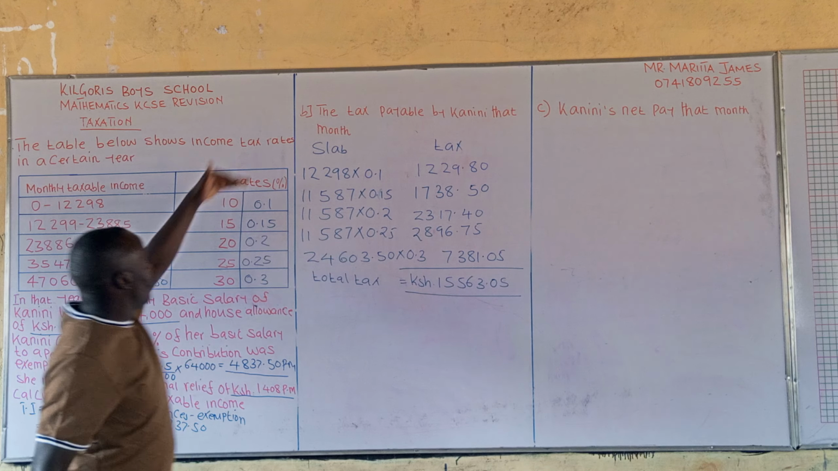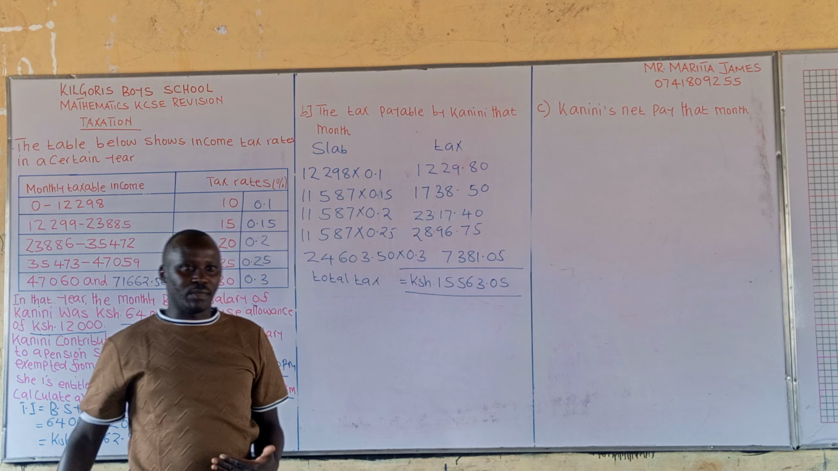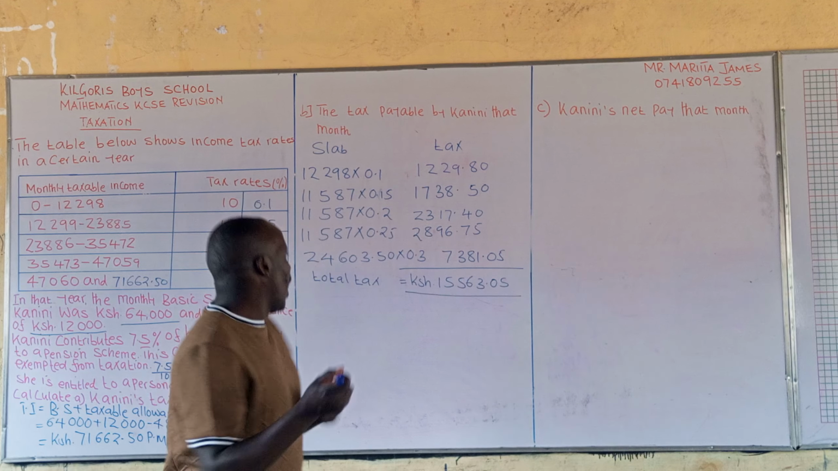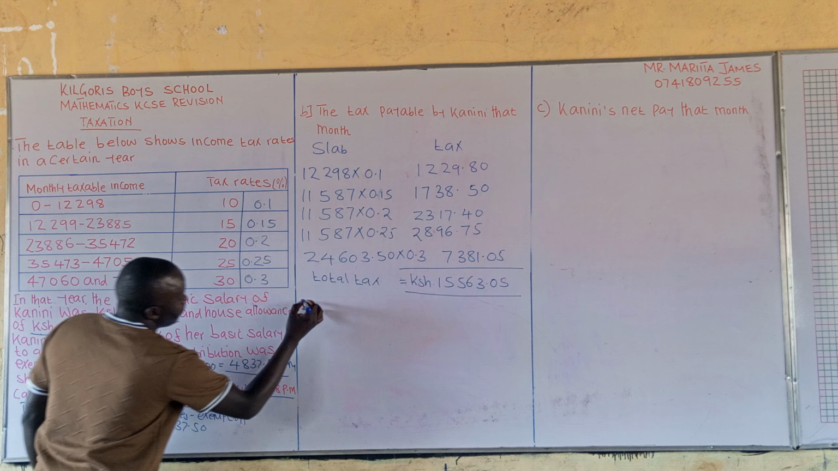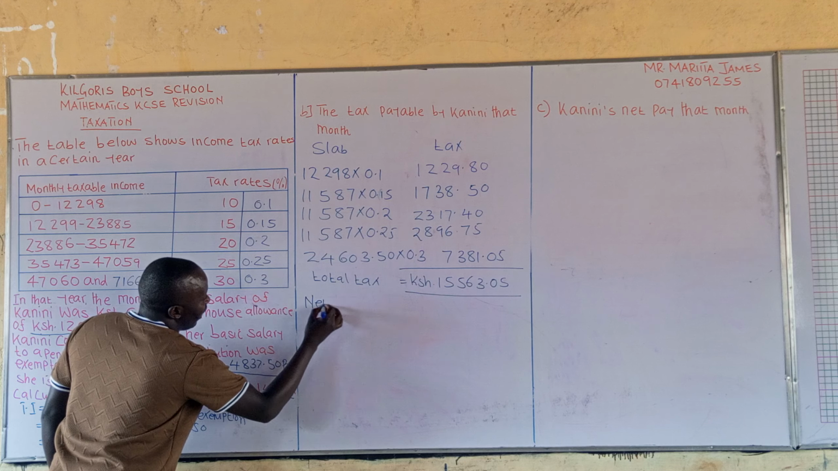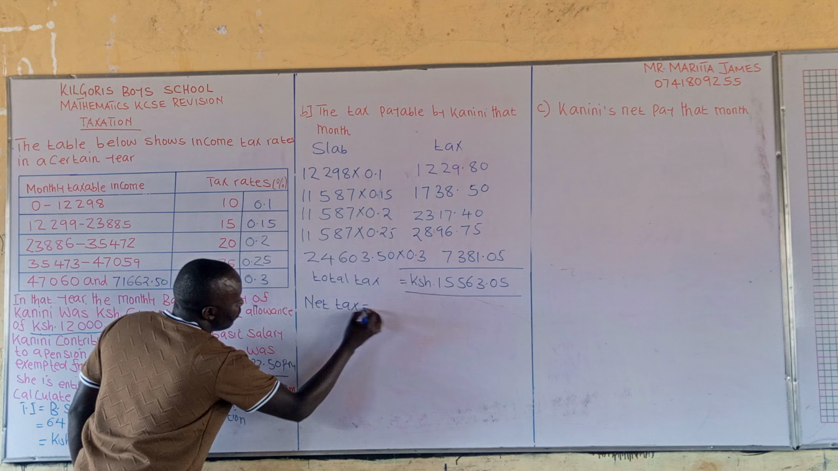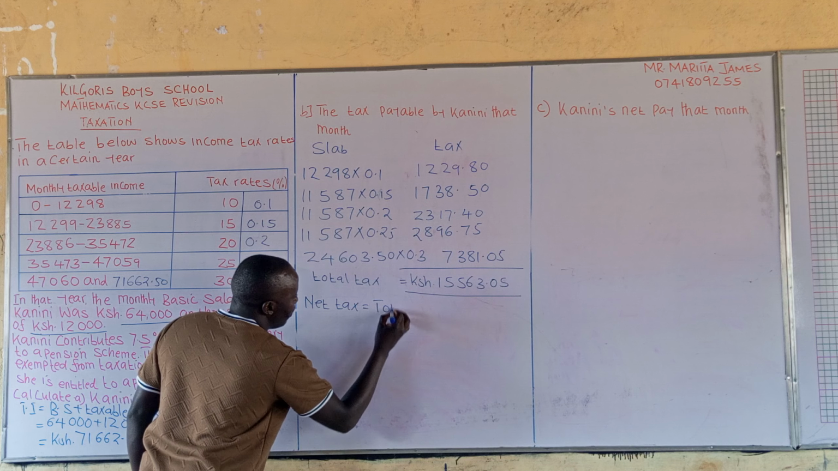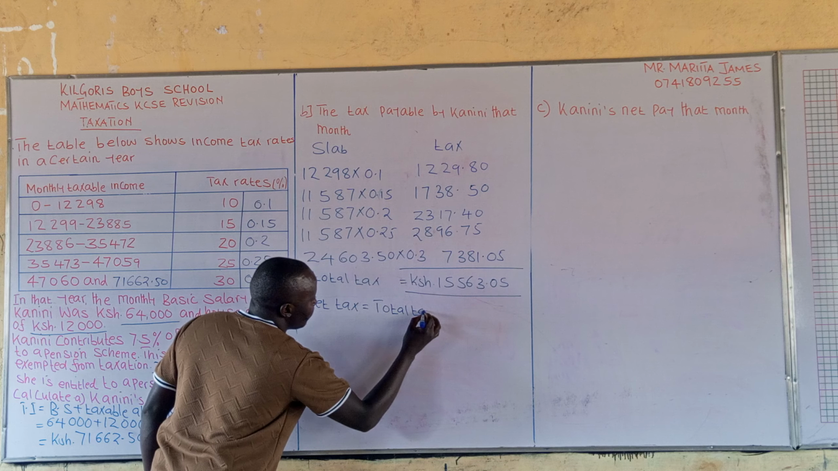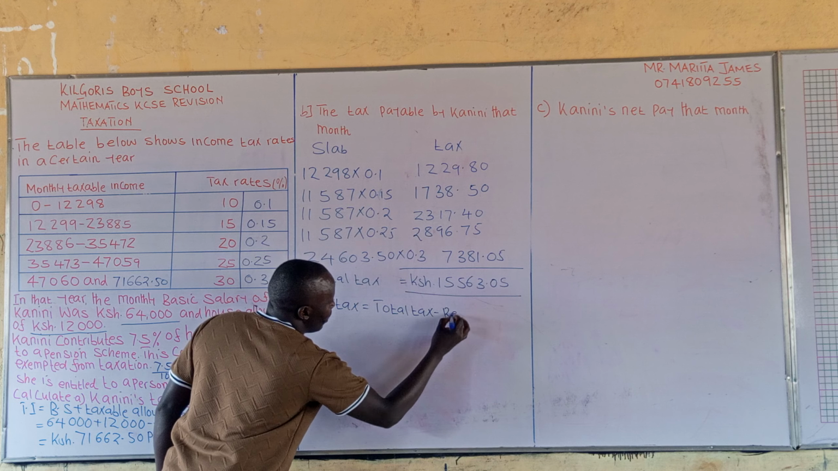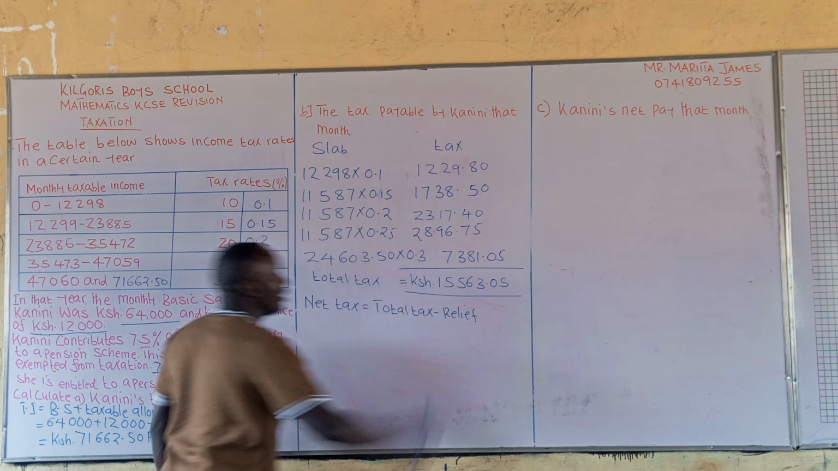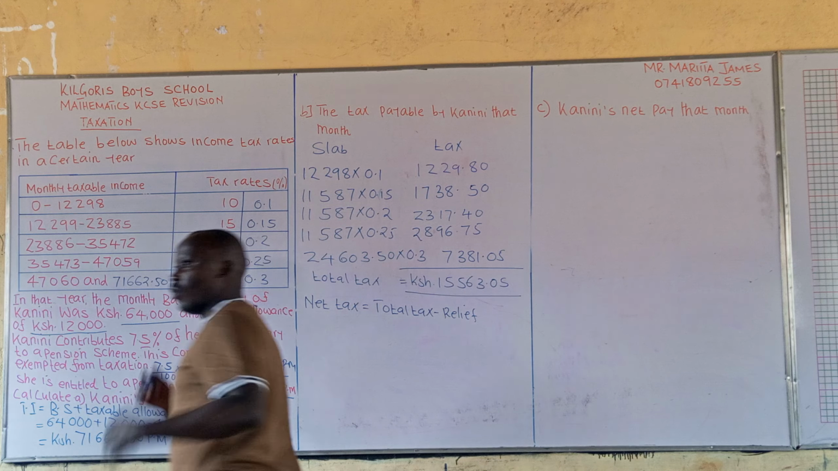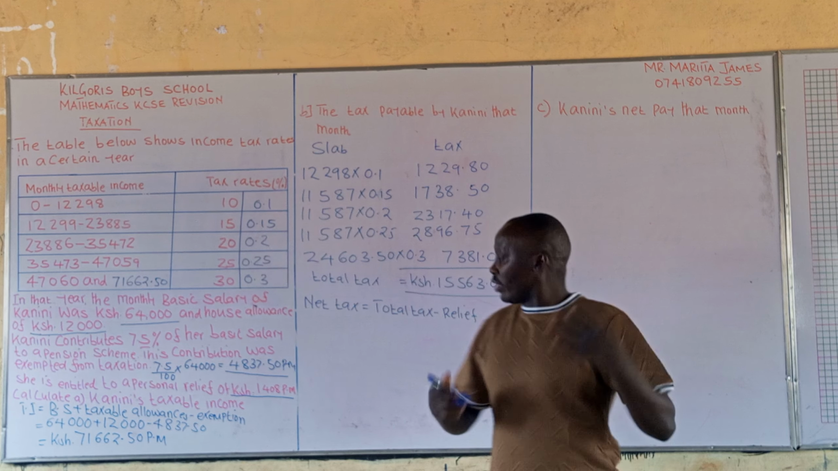But remember, we are supposed to calculate the tax payable by Kanini that month. So the tax payable by Kanini that month is the same as the net tax. And how do you get the net tax in that case? You know that net tax is equivalent to the total tax minus relief. In this question, we have only one personal relief of